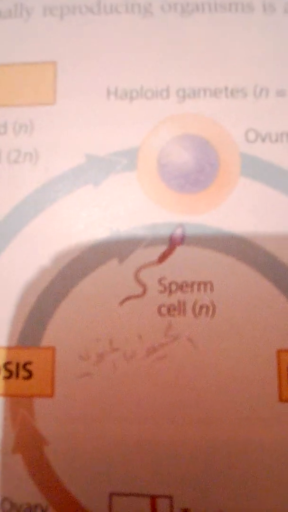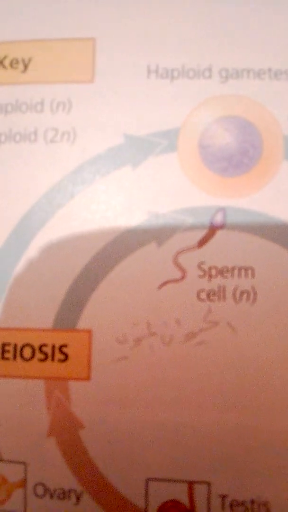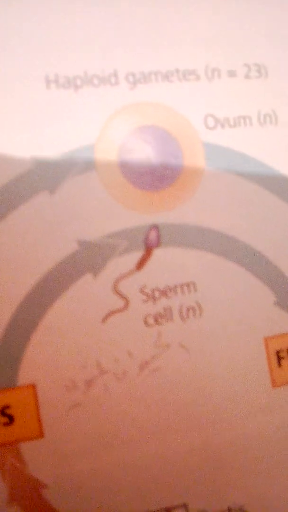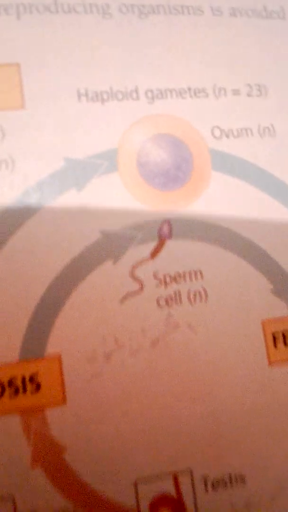The only cells of the human body not produced by mitosis are the gametes, which develop in the gonads, ovaries in females and testes in males. Imagine what would happen